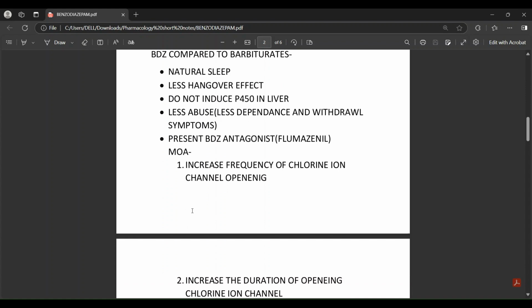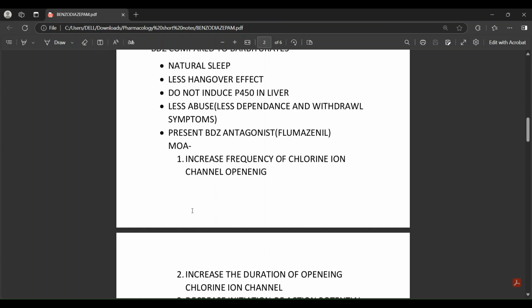There are several reasons. They are good for natural sleep, have less hangover effect, less abuse, less dependence, less withdrawal symptoms,